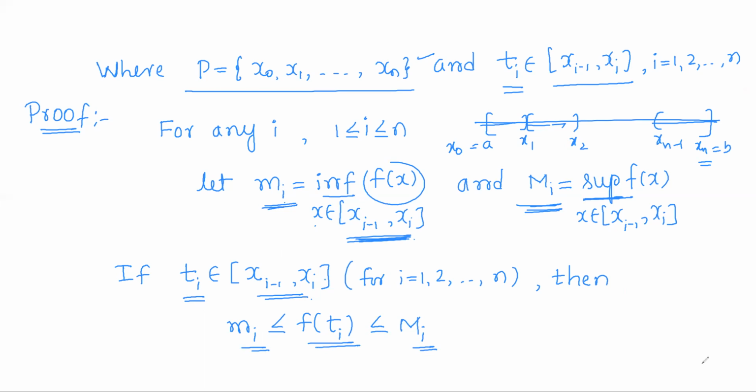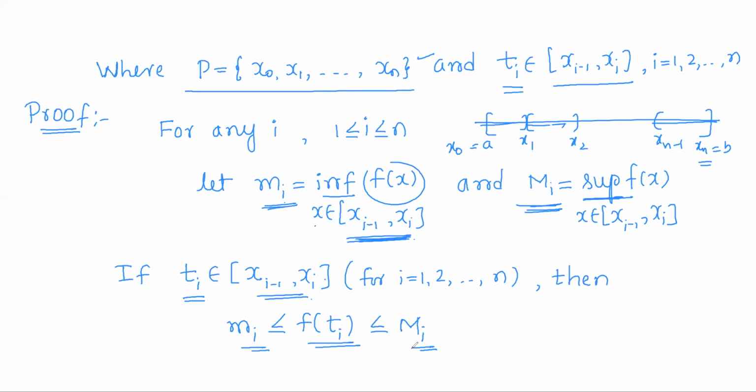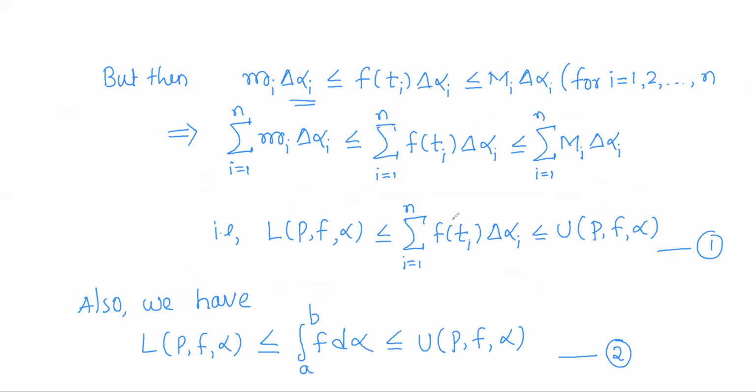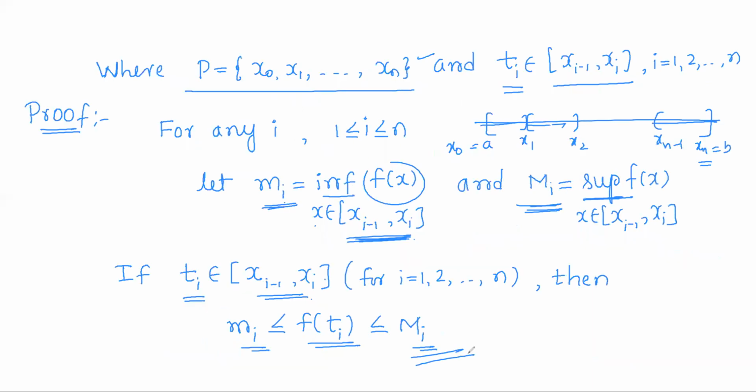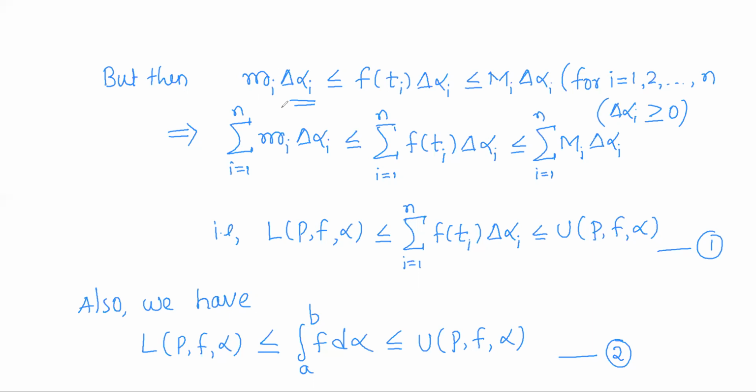Now to this inequality, multiply Δα_i, as once again Δα_i is non-negative. So on multiplying Δα_i to this inequality, the inequality remains the same. So m_i Δα_i is less than or equal to f(t_i) Δα_i, which is less than or equal to capital M_i times Δα_i. So which is true for every i. So for every i, this term is less than or equal to this term, which is less than or